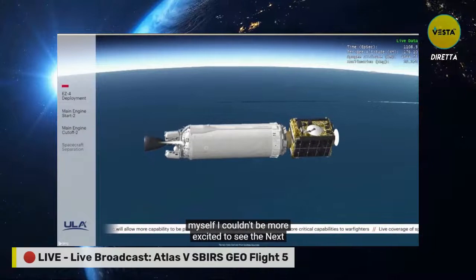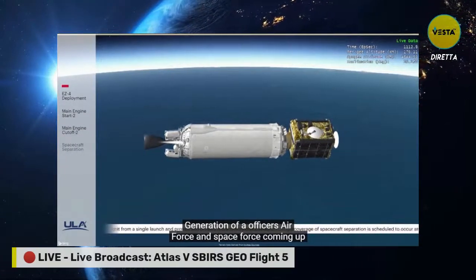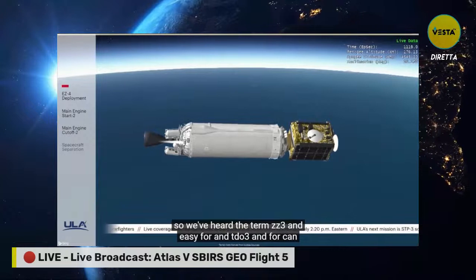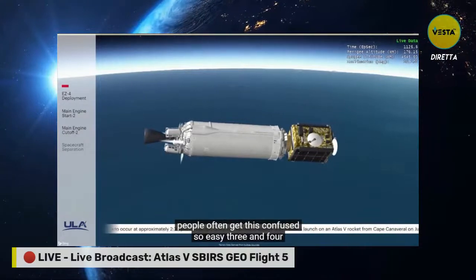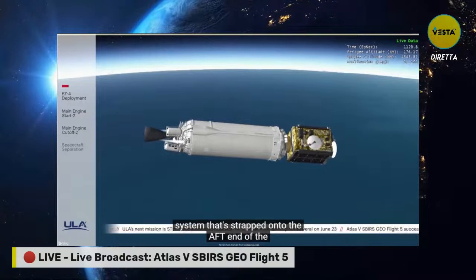Cool. Yeah, go Falcons. So we've heard the terms EZ3 and EZ4 and TDO3 and 4. Can you explain the difference? Yeah, it's a great question. A lot of people often get this confused. So EZ3 and 4, each Easy Flight system is exactly that, a complete flight system that's strapped onto the aft end of the Centaur, whereas TDO3 and 4 are the specific satellites that are integrated into the Easy